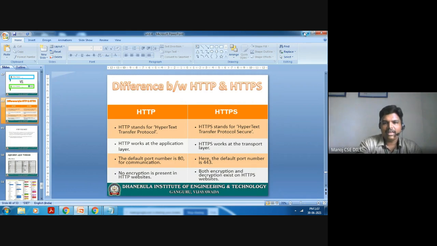So here HTTP works at the application layer and HTTPS works at the transport layer. The port number is 80 for HTTP and 443 for HTTPS. And no encryption is present in HTTP websites, but both encryption and decryption exist on HTTPS websites. So these are the main differences, the top highlighted 4 points given here in order to differentiate